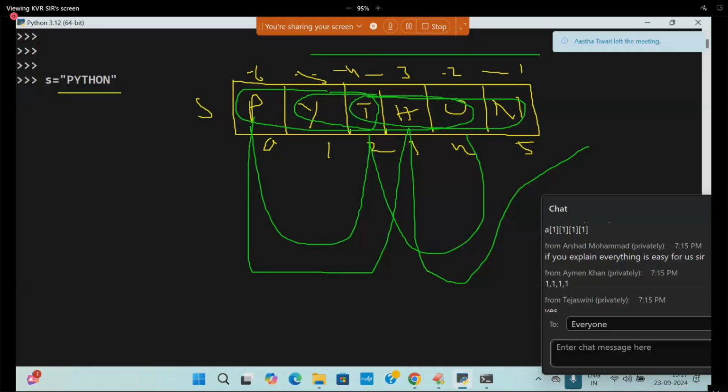Suppose if I move forward without explaining, other students will find it a little difficult.